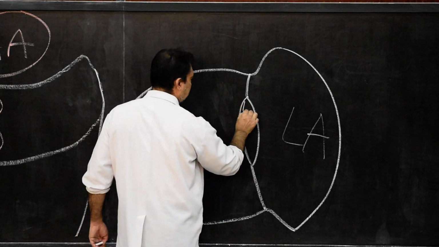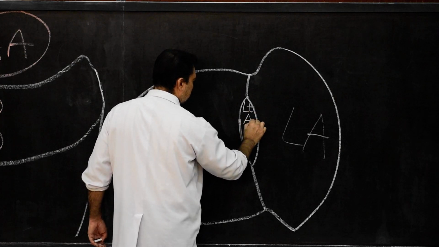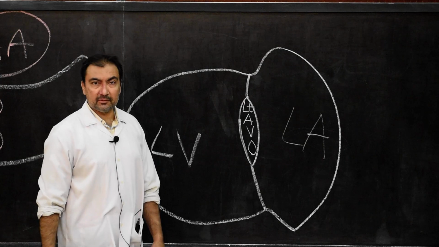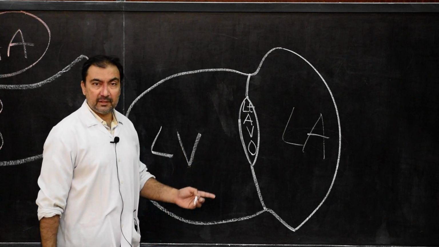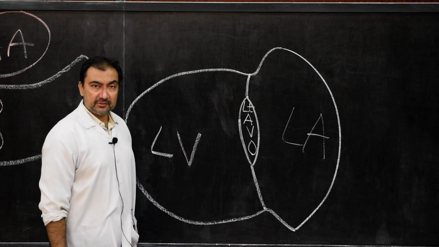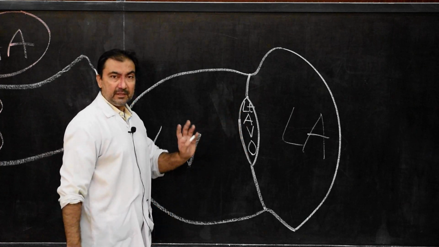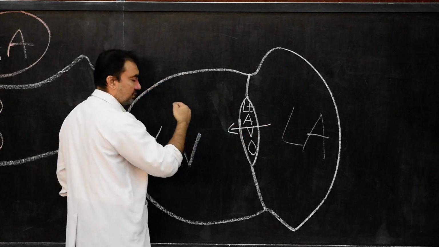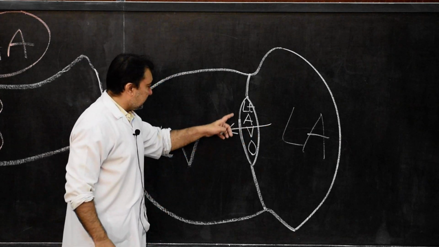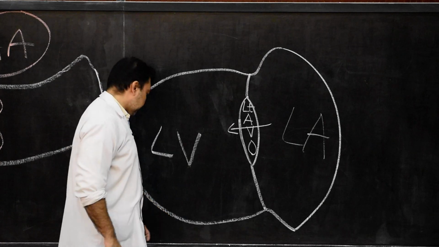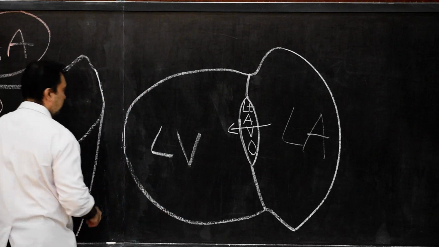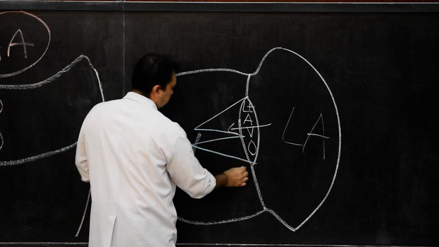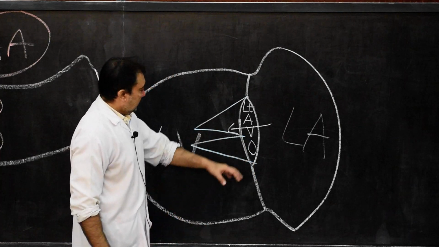So this is the left atrioventricular orifice. The other name of this left atrioventricular orifice will be the mitral valve orifice, or it will be also known as the bicuspid valve orifice, because it is regulated by, and blood will flow from left atrium to left ventricle. So it is regulated by two cusps, bicuspid. That is why it is called bicuspid. And those two cusps, they are in this direction. These are the two cusps.